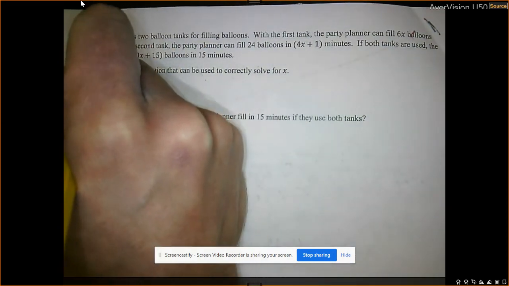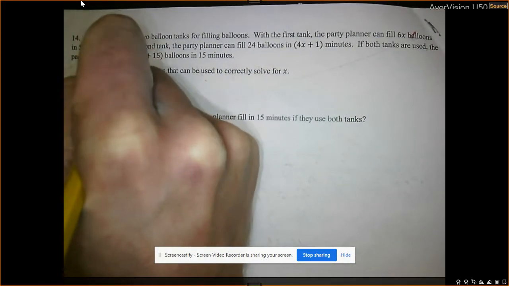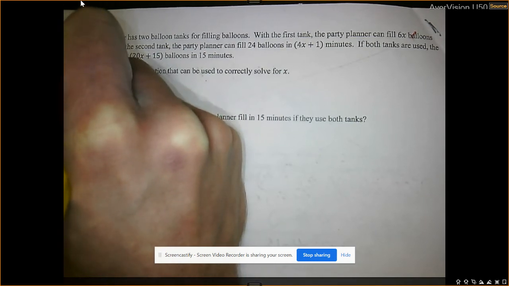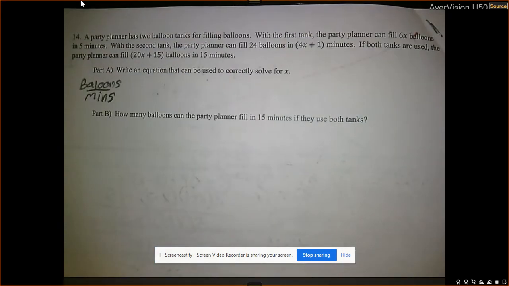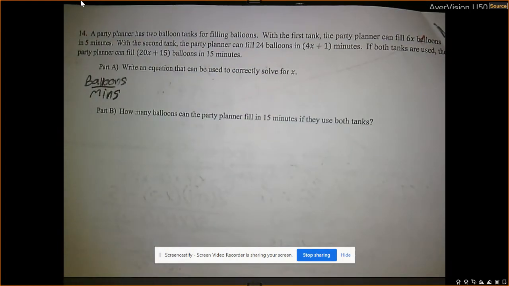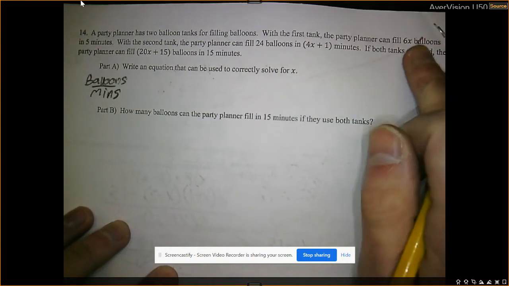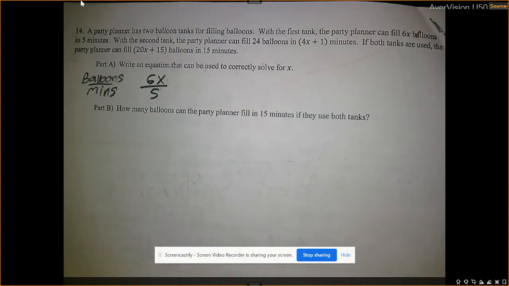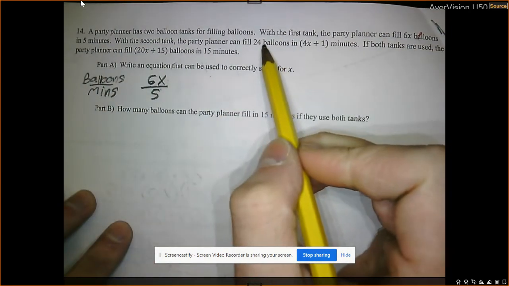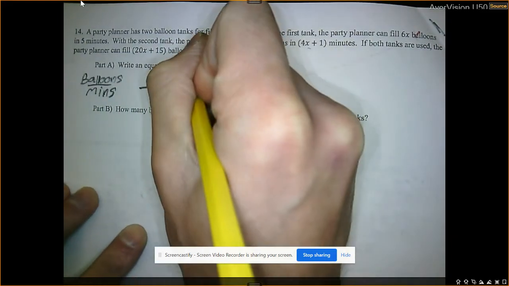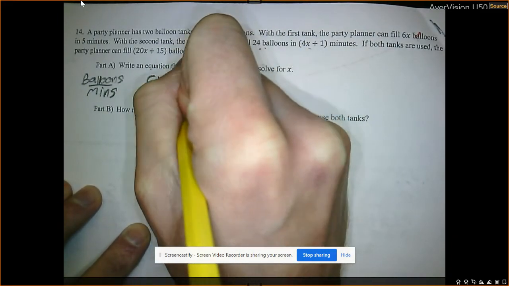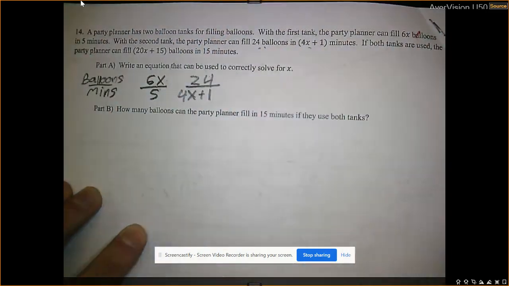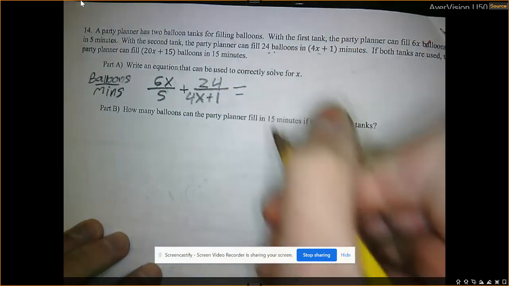This time, I always say put time on the bottom, so we have minutes on the bottom and balloons on the top. The first tank can fill 6x balloons in 5 minutes, so 6x over 5. The second one can fill 24 balloons in 4x plus 1 minutes, so 24 over 4x plus 1. If both tanks are used, that means we're adding the two tanks, then it's going to equal